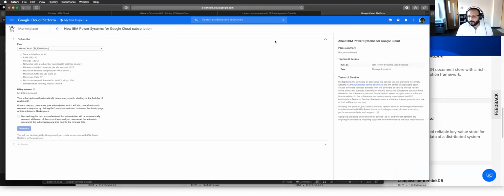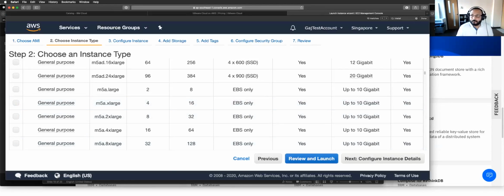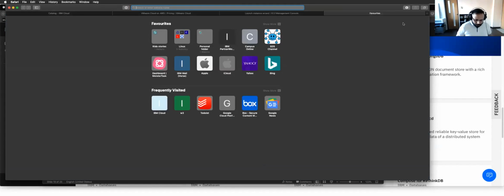So with IBM, we offer 5 terabytes of free egress per month per server that you're provisioning. In some other regions and availability zones, like North America, you have about 20 terabytes of free egress. Depending on how much infrastructure or how many virtual machines you provision, you can cumulatively add up the egress. So just to give you an example here, let me go to Microsoft